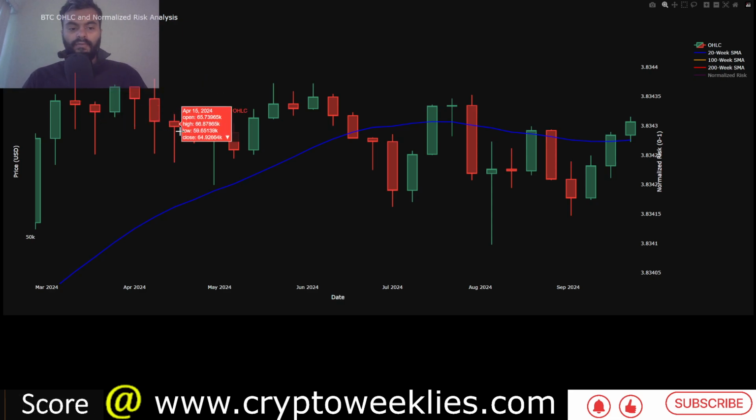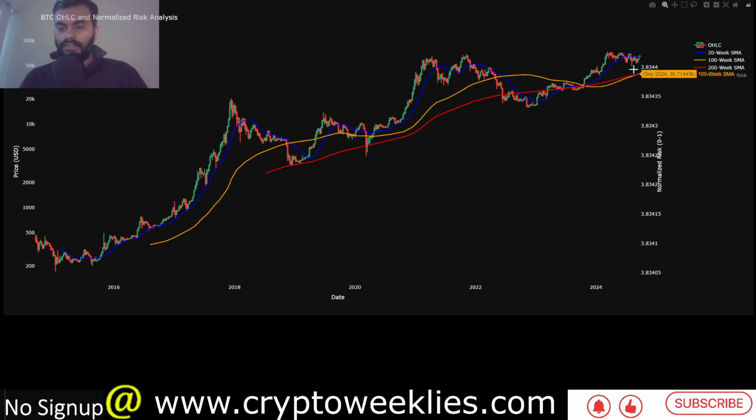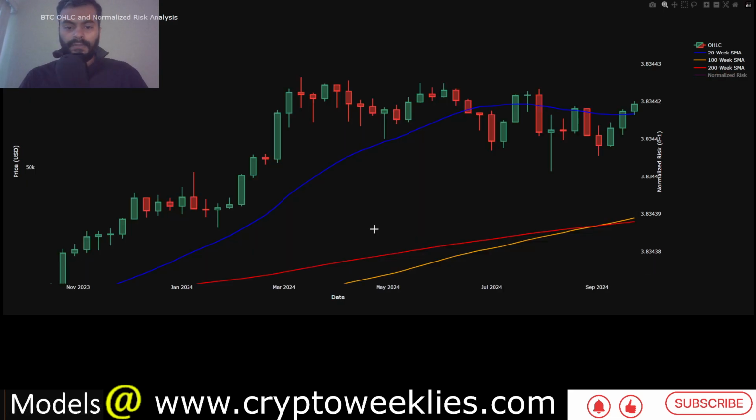So 1, 2, 3, 4, 5 candles on its way down, tests some level, goes below the prior low, that is, it forms a structure of lower highs and lower lows. If you zoom out, you would notice it better over here. The structure of lower highs and lower lows. So from this high to this high, a lower high, again a lower high over here, again potentially a lower high for this week.